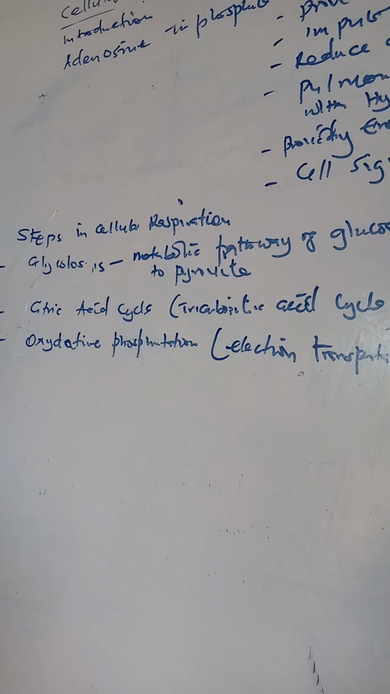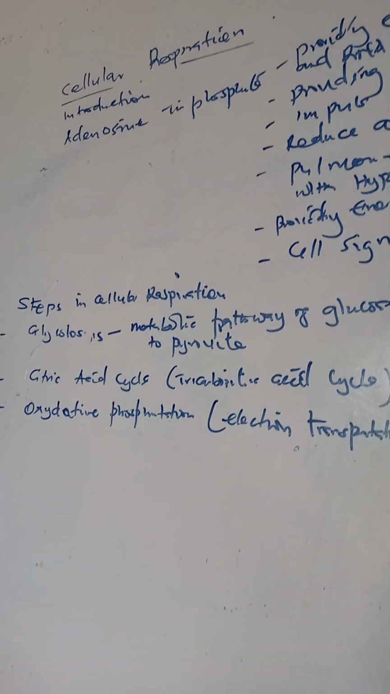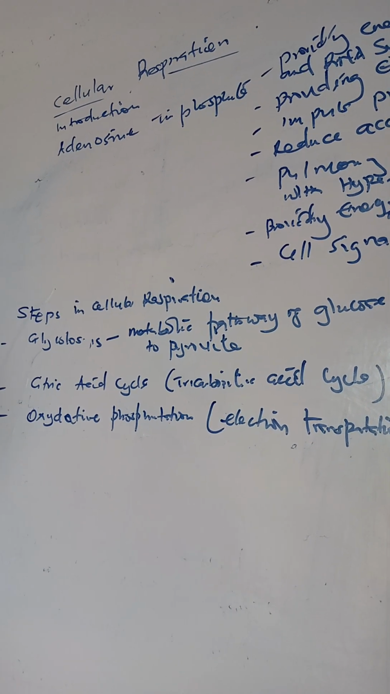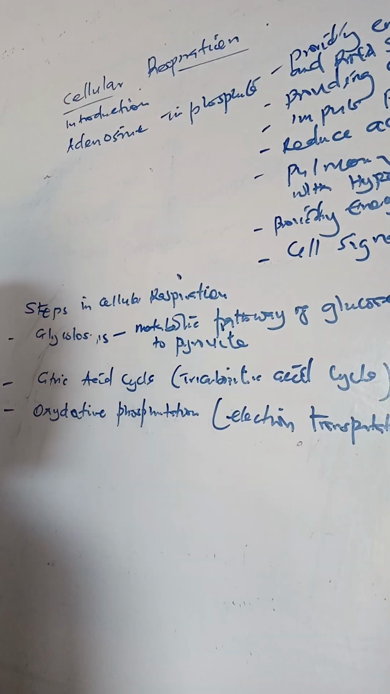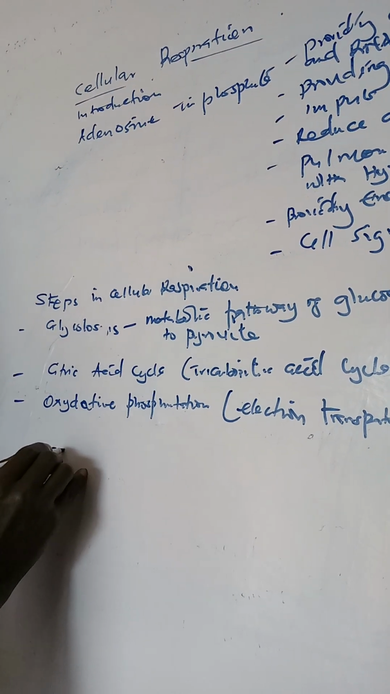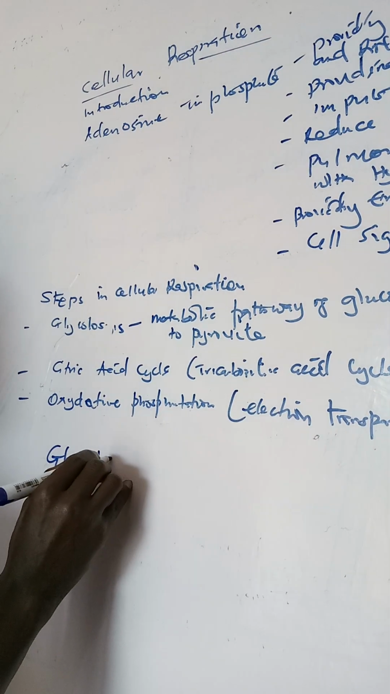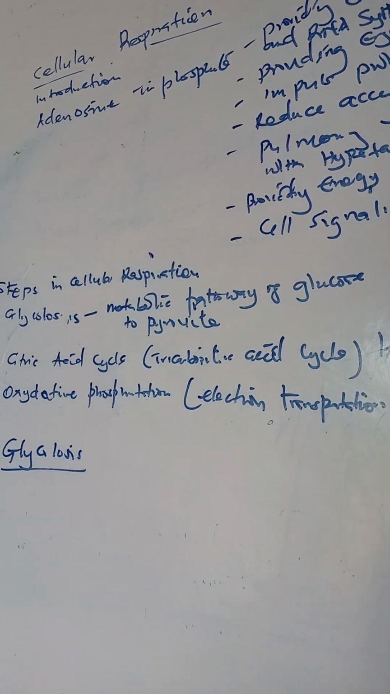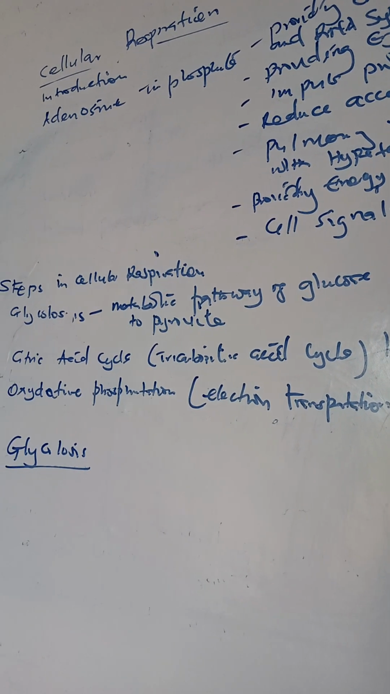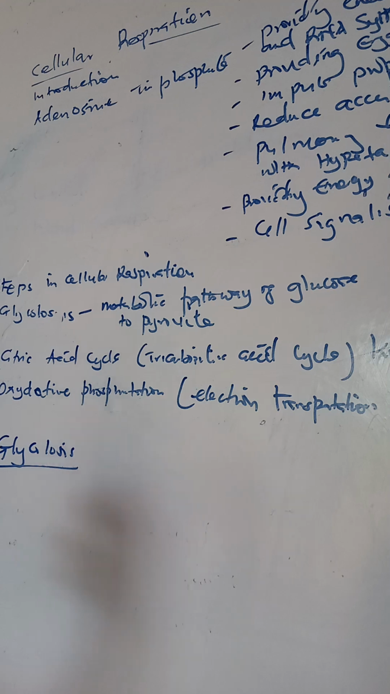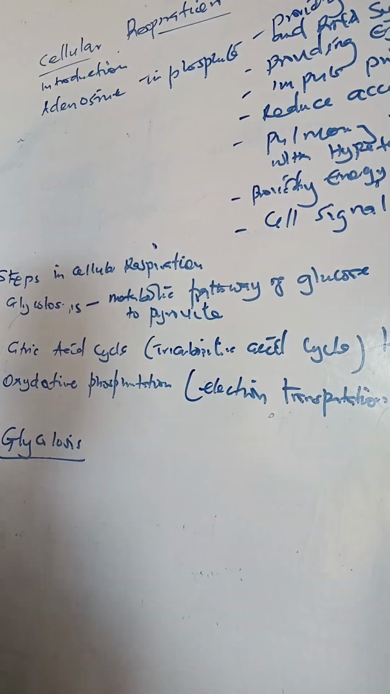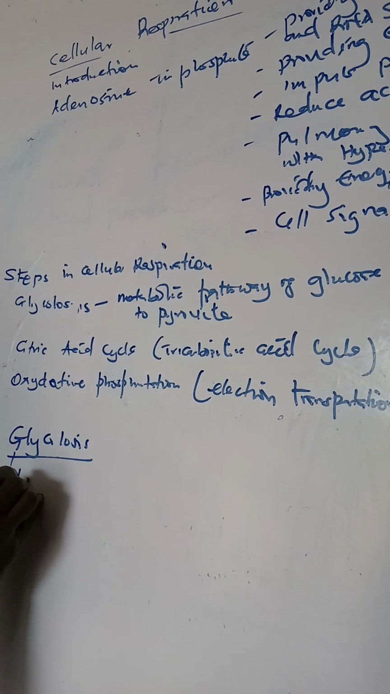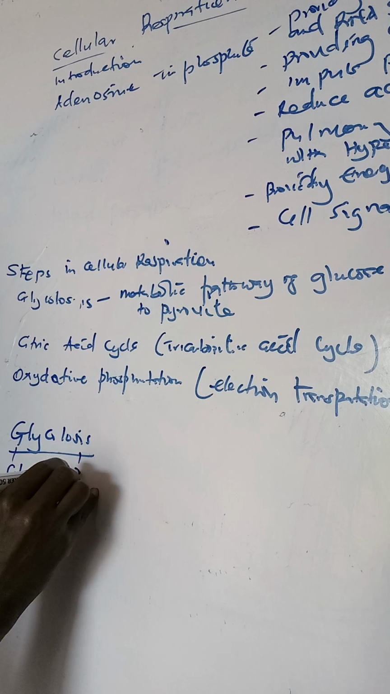Having given you the overview, we are going to begin straight away with glycolysis. In a brief overview, glycolysis: glyco means glucose, it's a Greek word, and osis means breaking down. When you join these two words, glucose and breaking down,